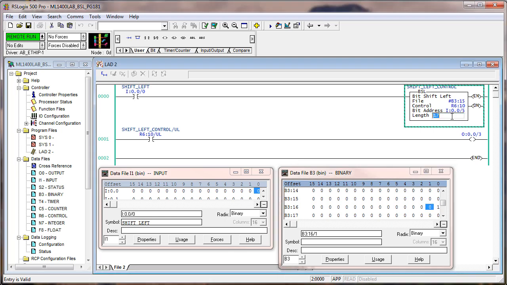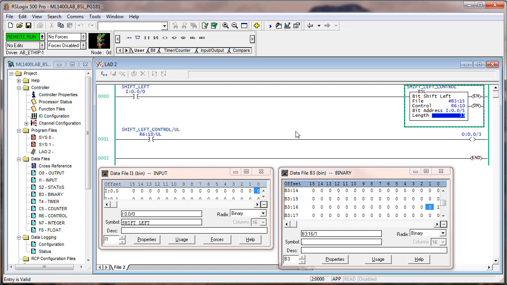However, I'm going to change it to 33. Now I'm going to toggle the shift. The previous shift, the length was 17. Now it's 33. This is to point out to you that the bit shift left instruction, when it sees a false to true transition and executes, it executes based on what you put in that instruction, which was take the